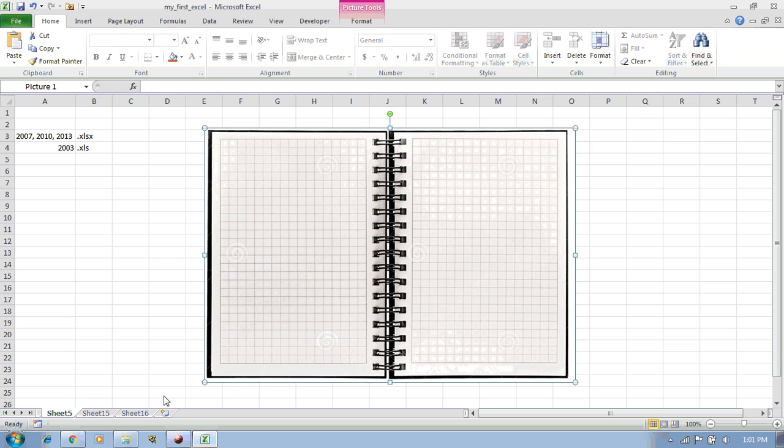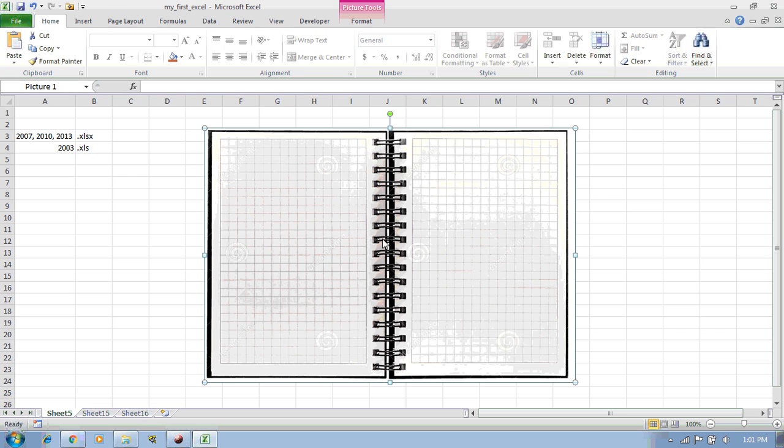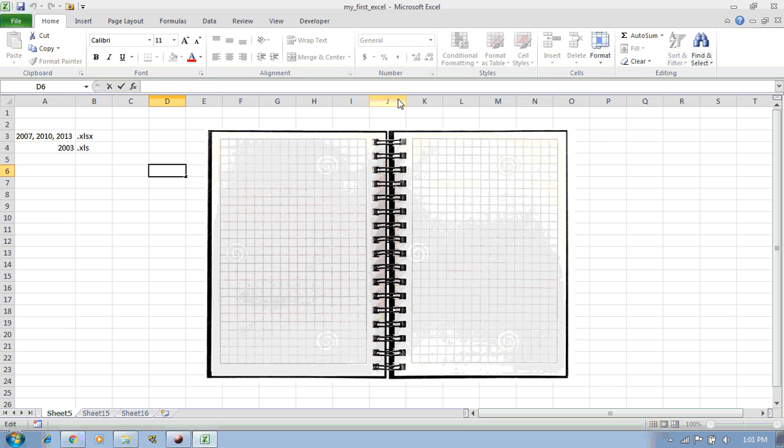So far we have discussed the Excel worksheets, the rows and columns, and some shortcuts. Now it's time to learn the formula bar and the name box. I just want to tell you what this input box is called. This is the formula bar. Whatever we type in Excel, you can see it here in the formula bar, and whatever we type here, like a formula, we can type it there also.